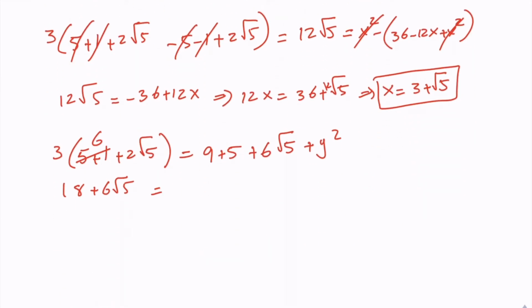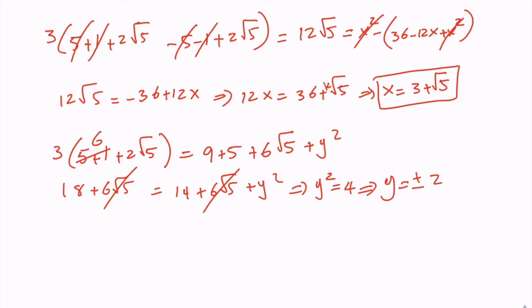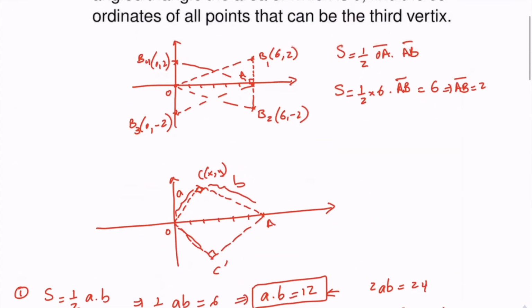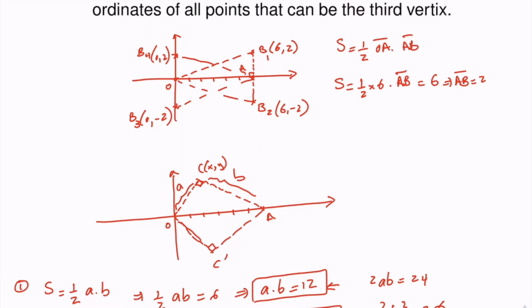is 14 plus 6 root 5 plus y squared. So these two will cancel and y squared will be 4, and therefore y will be plus or minus 2. So the 2 points that we had, c, x and y, and c prime, let's say x prime and y prime, are going to be